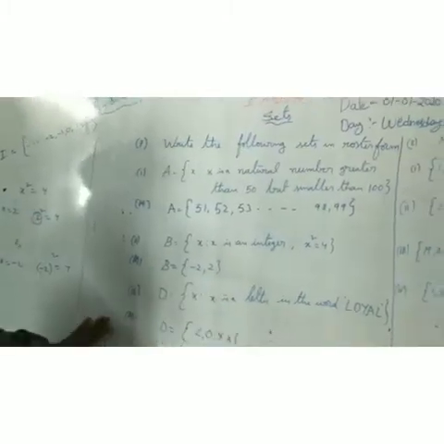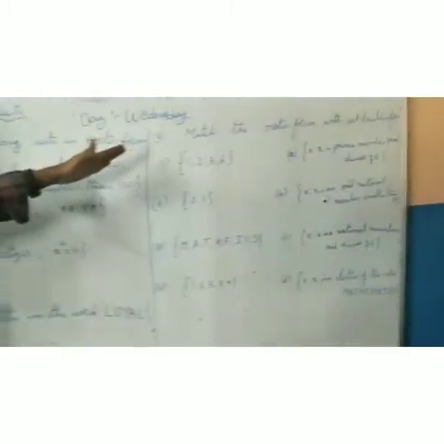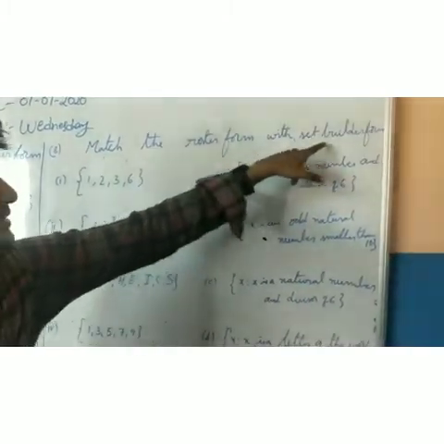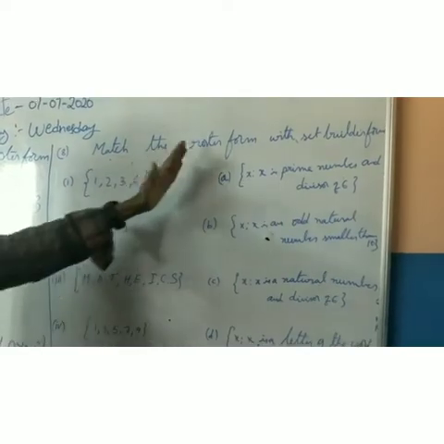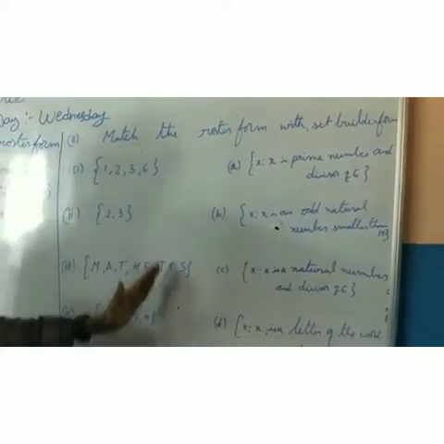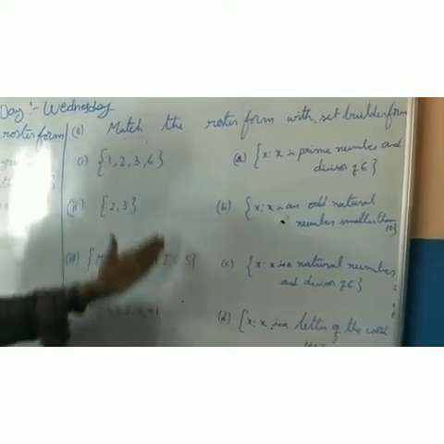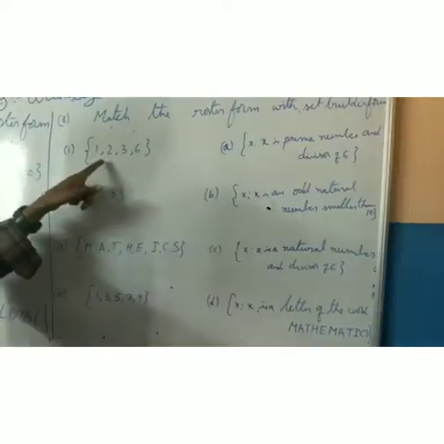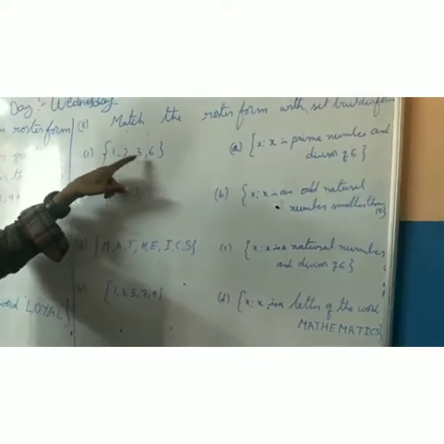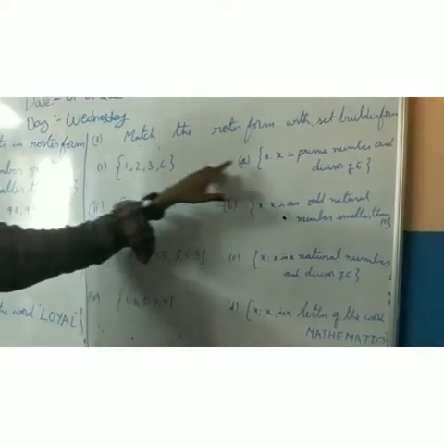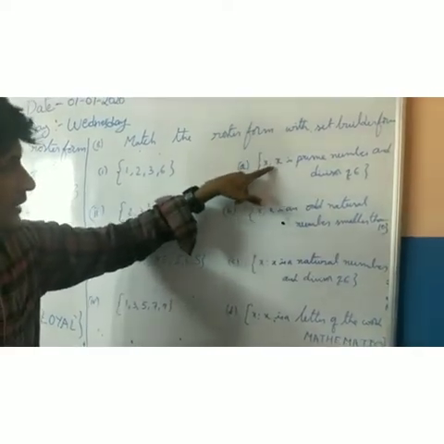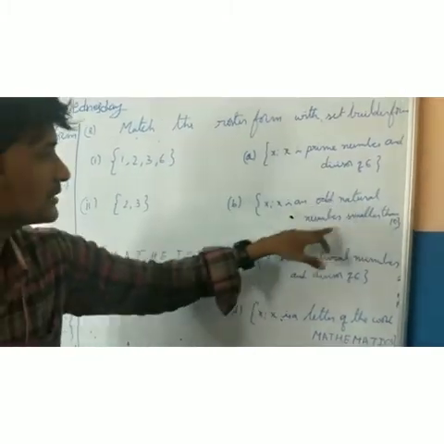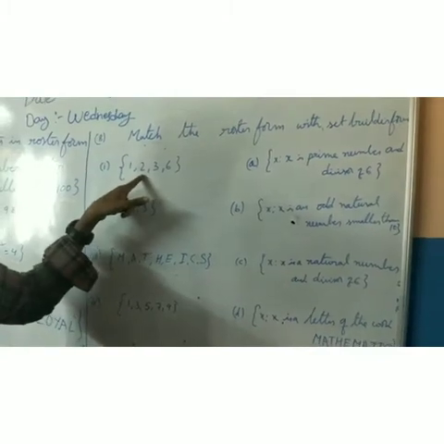7th problem. Okay, now we are going to start the 8th problem. Match the roster form with the set-builder form. On the left hand side, roster forms are given, and on the right hand side, set-builder forms are given. So which are suitable here? 1, 2, 3, 6. See here, x is a prime number. Prime numbers means it's not this. And odd natural numbers, already here. Even numbers also